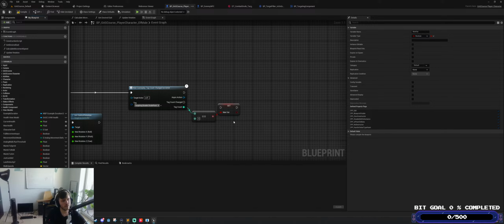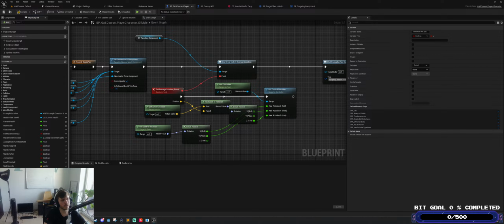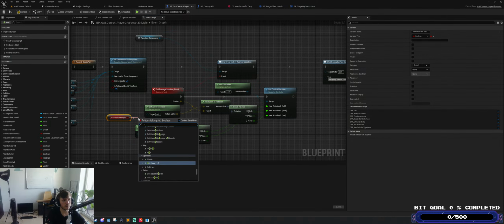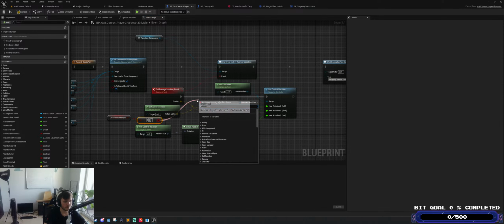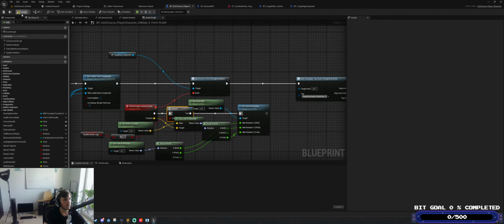Disable strafe logic. Now I should be able to just do a not. Again, we're just doing sloppy BP work. Now I should have